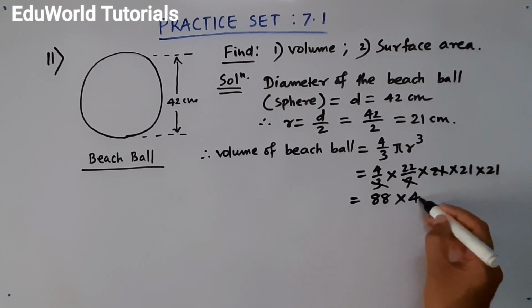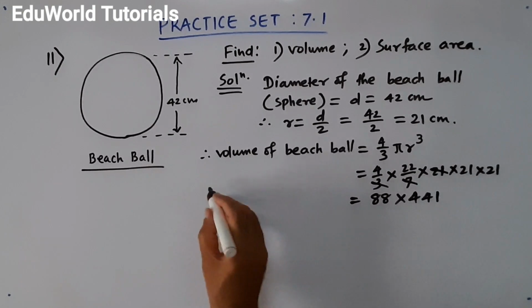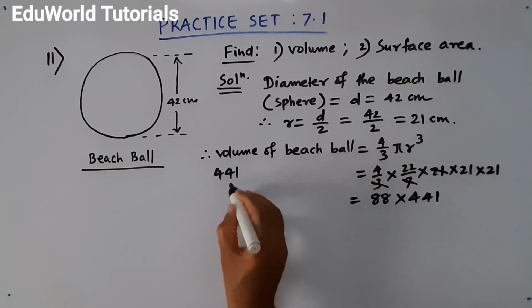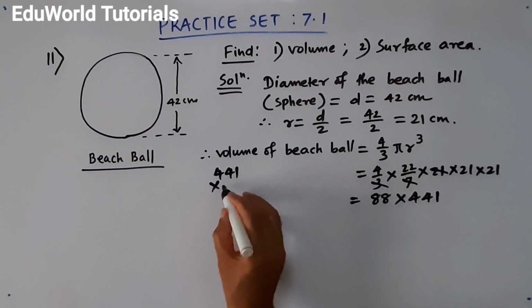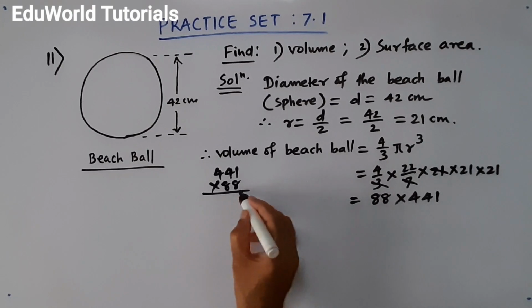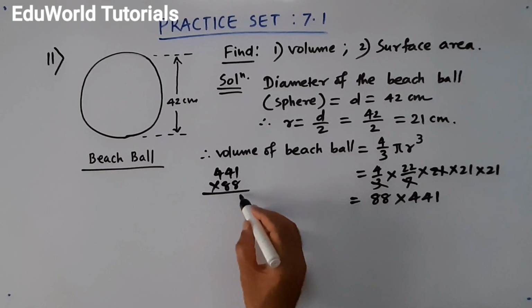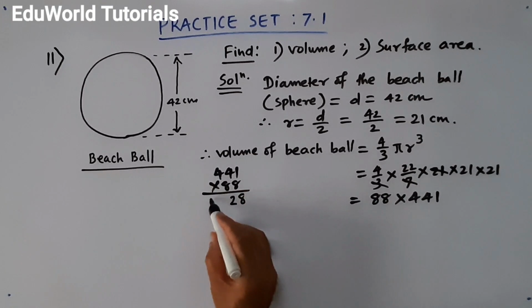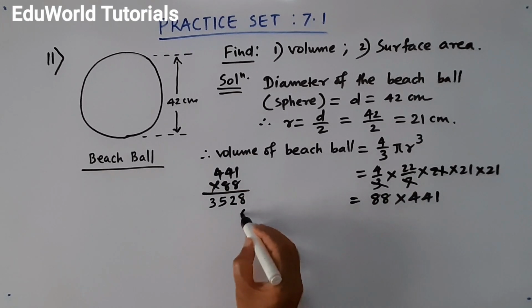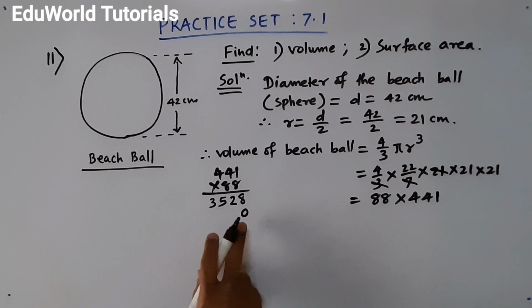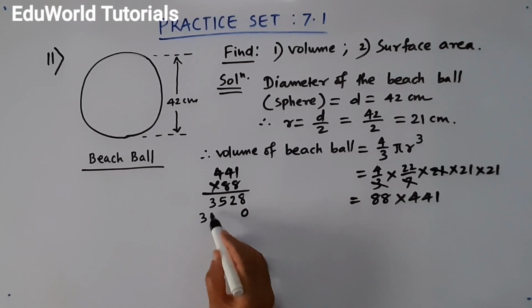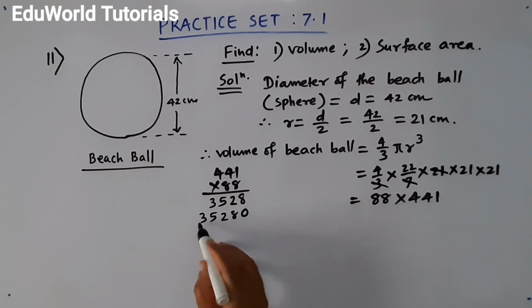You should remember it is 441, and I have told you how to multiply these numbers by 441. We will write a 2-digit number having the same digit below, so that we have to multiply only once. 8 1s are 8, 8 4s are 32, 8 4s are 32, and 3 is 35. Same numbers will repeat, but one place we have to leave from the back. So 3 5 2 8.